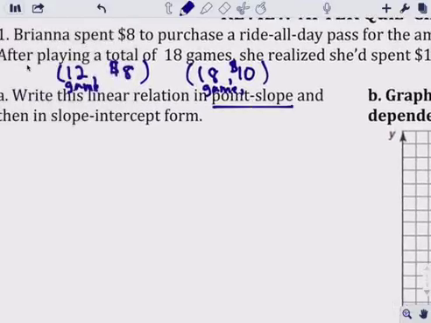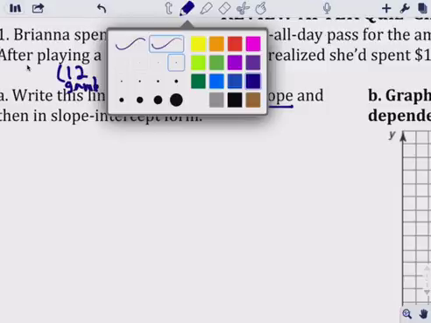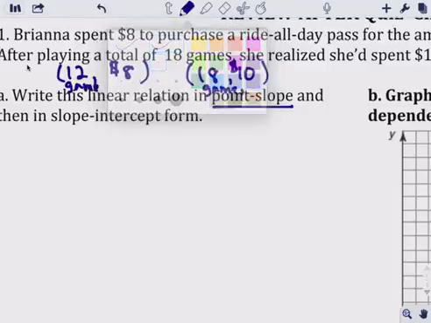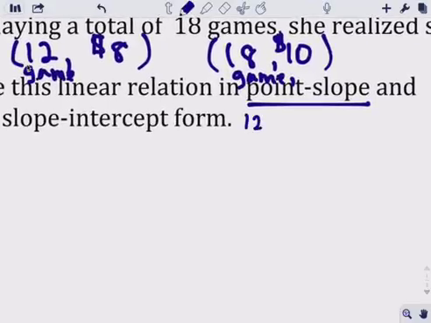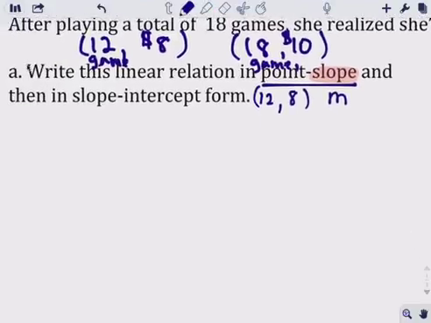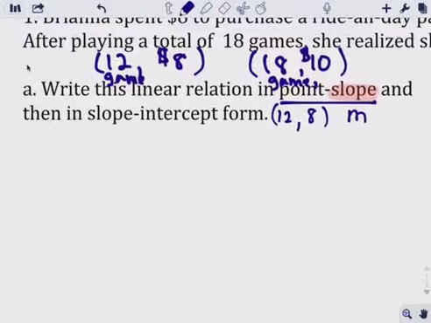Point slope, okay, that means they want you to pick a point. Okay, 12 and 8, that's a good point. Those are a good ordered pair. And then the slope. Here's the word slope. I can find slope using those 2 points given. So